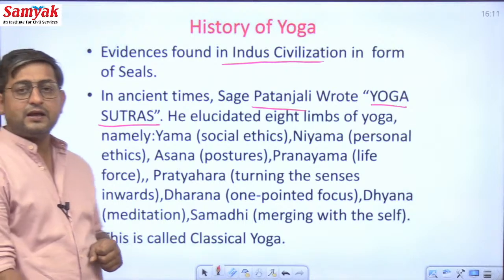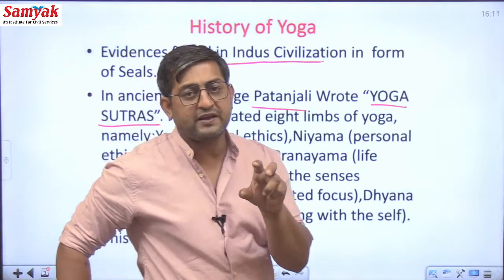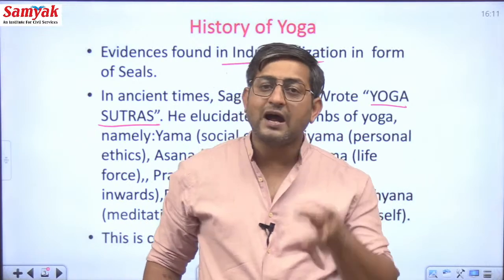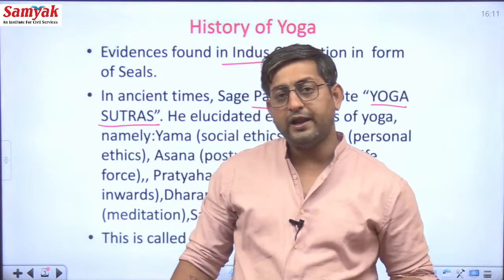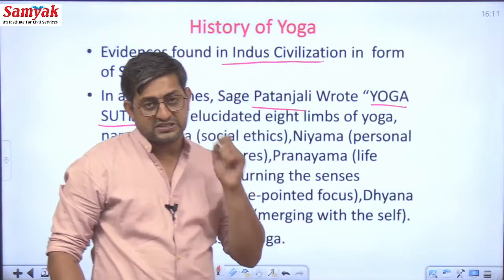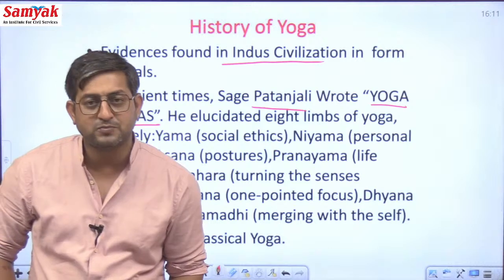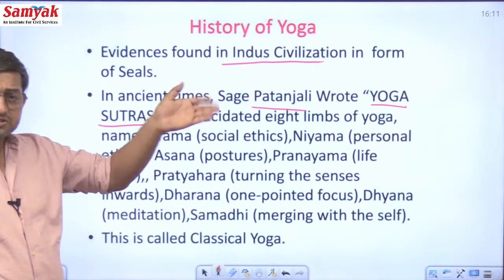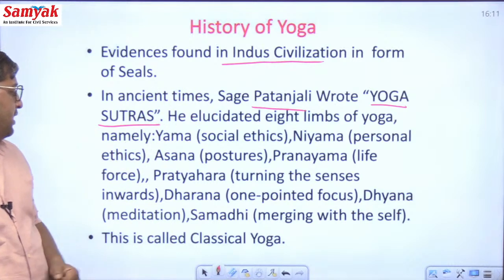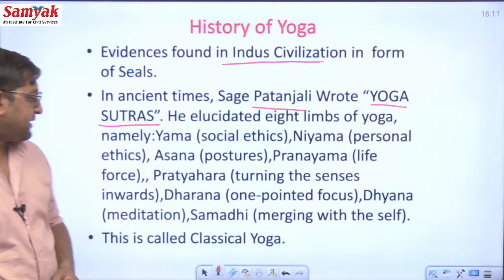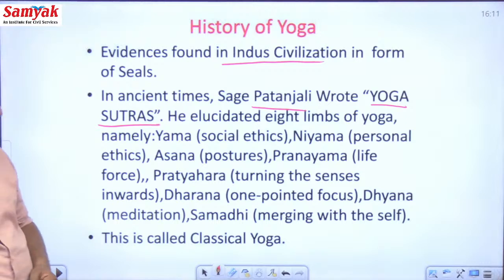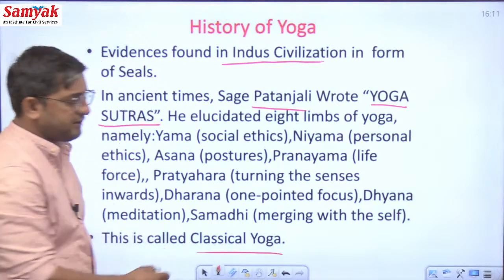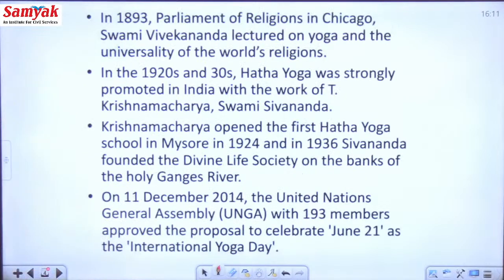ये जो पतंजलि थे इन्होंने एक पर्टिकुलर टाइप ऑफ द योगा को डिफाइन किया जिसको अष्टांग योगा कहते हैं, आगे चलकर हम पढ़ेंगे भी। ये जो अष्टांग योगा होता है इसके 8 कंपोनेंट्स होते हैं। So there are 8 components of the Ashtanga yoga, and Ashtanga yoga was the form of the yoga which was proposed by the Patanjali. Now these 8 limbs of the yoga we will study later. So yama, niyama, asana, pranayama, pratyahara, dharana, dhyana and samadhi. इसको क्लासिकल योगा भी कहते हैं बिकॉज इट इज द ओल्डेस्ट फॉर्म ऑफ द योगा।